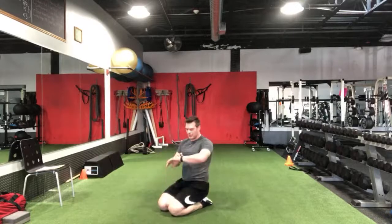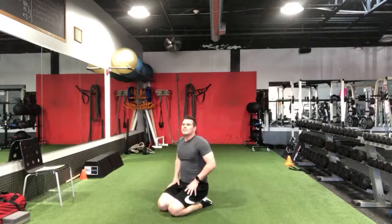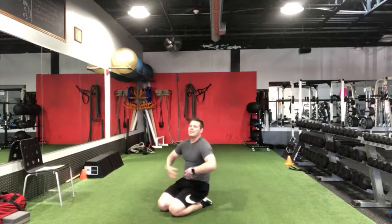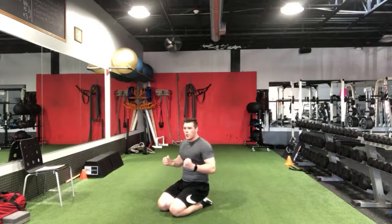Good. Getting ready for the last one, quadruped hip extensions. Got about 20 seconds before we hit that. That's the kicking straight back, okay? If you don't feel your glutes working yet, tighten up your core harder, okay? What that just means is you're letting too much movement happen here from the stomach and from your lower back. You gotta brace up hard, like someone's gonna punch you, then let your glutes and hips do the rest of